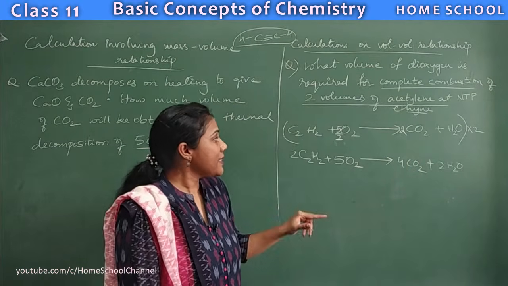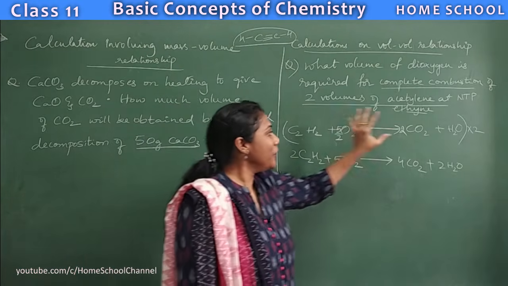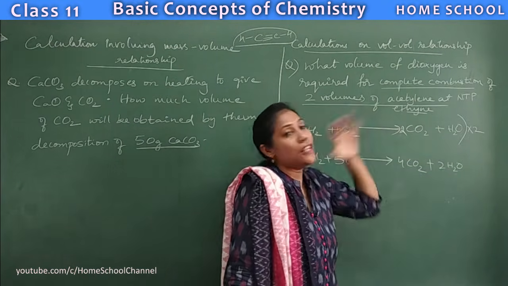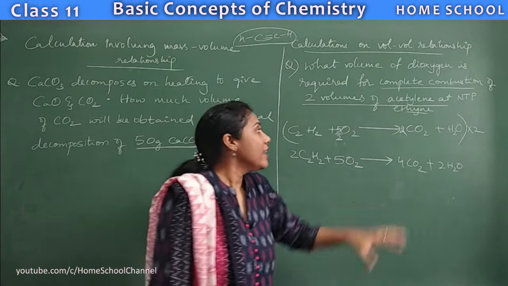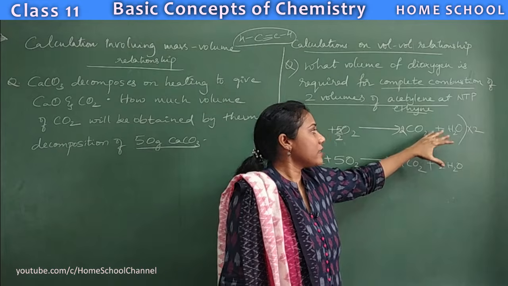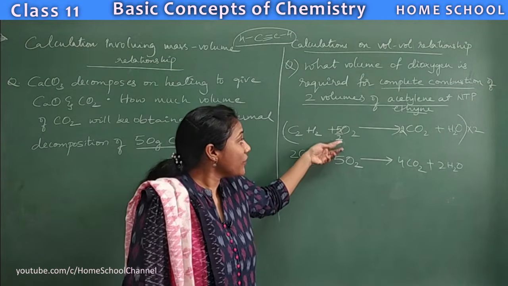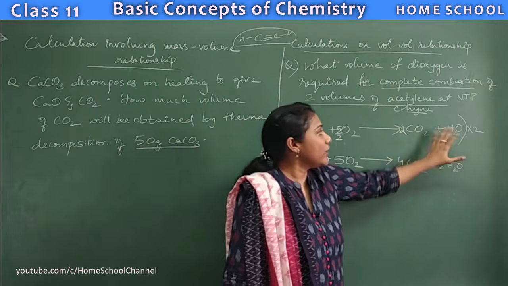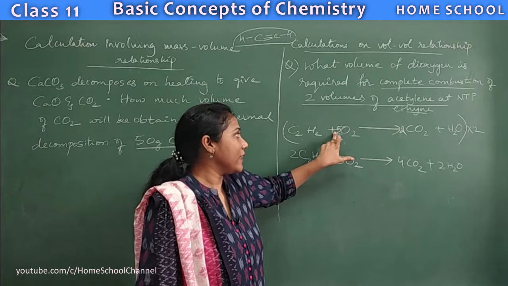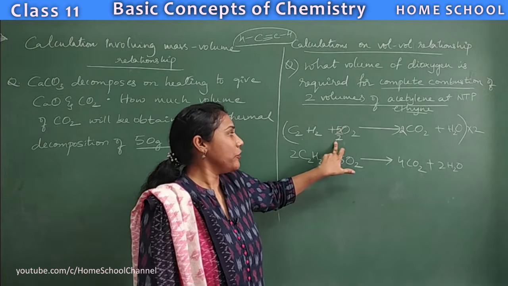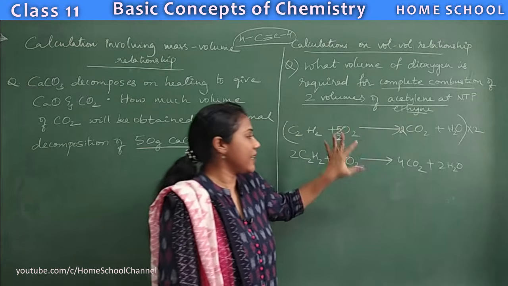So I purposefully selected this equation to show the balancing, right? So whenever you have an odd number, especially for the oxygen balancing, this method is used for balancing oxygen. Okay, so when you have an odd number of oxygens on one side, the other side you have to balance it. Then first you can introduce a fraction. See here we wanted 5 oxygens. Okay, you can't put 2, you can't put 3, right? So then what we do, 5 by 2 we will put. If you want 7 oxygens, 7 by 2. If you want 9 oxygens, 9 by 2, like that.